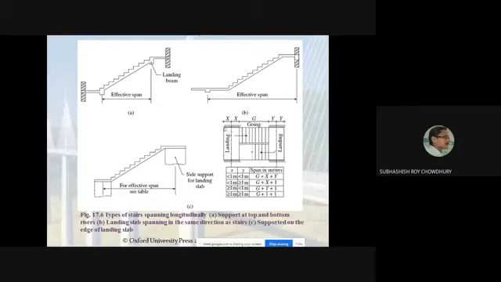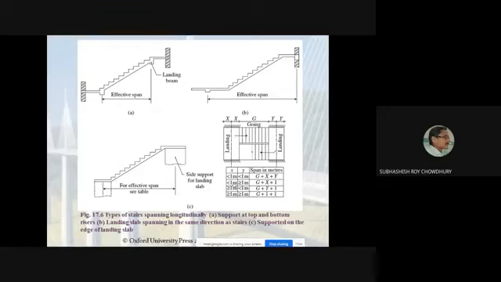And if this is the width of the landing, twice x, and this is the width of the other landing, twice y, you should consider as if the going part is supported over the center of this landing and the center of the other landing. So the distance should be x plus g plus y. So it will be g plus x plus y in general, but the code tells that this x part cannot be more than 1 meter. So if x and y both are less than 1 meter, say 0.8 meter and 0.8 meter, in that case it will be g plus 0.8 plus 0.8.